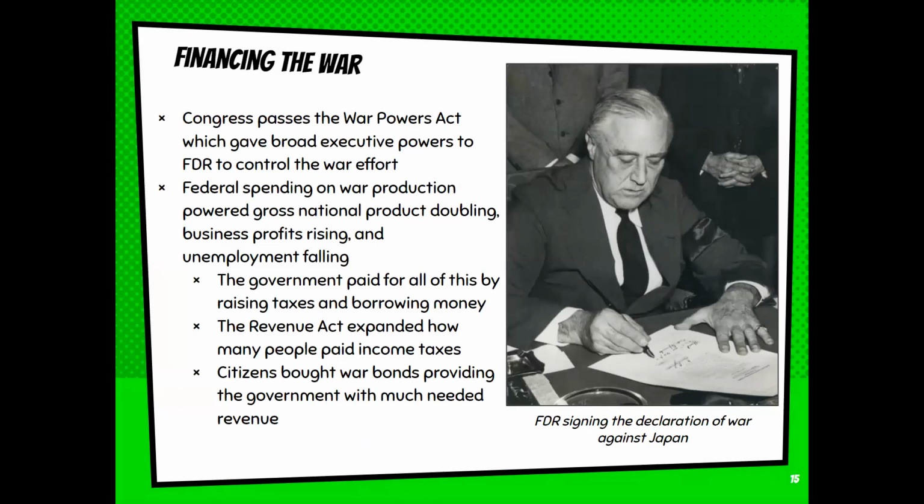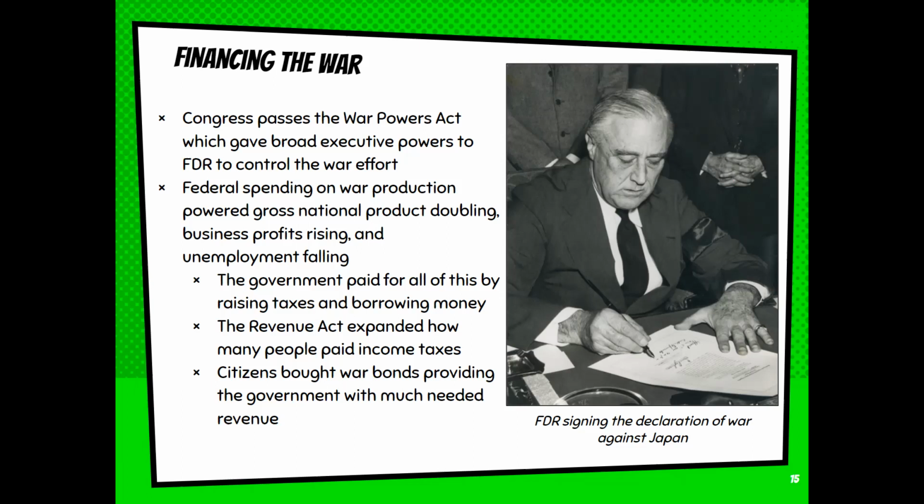Now, I mentioned before that America begins to increase our defense spending a couple of years before just Pearl Harbor. However, in order to meet the needs of a world war, we are not ready. We do not have the factories ready for this. We do not have the manpower or the weapons or the ships or the planes necessary for a world war. And so we need to get our stuff in gear, and we need to act.